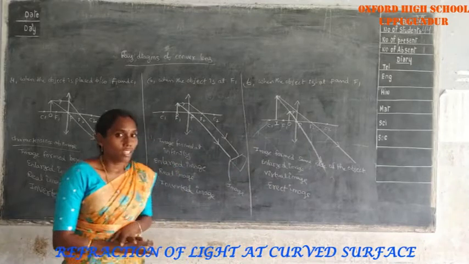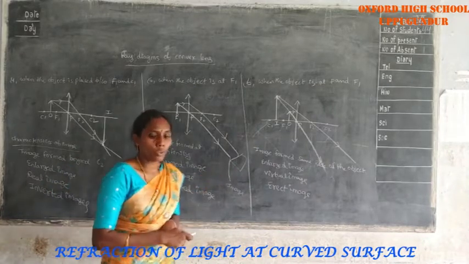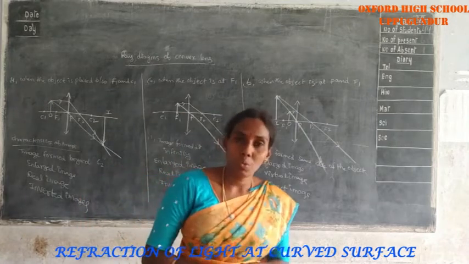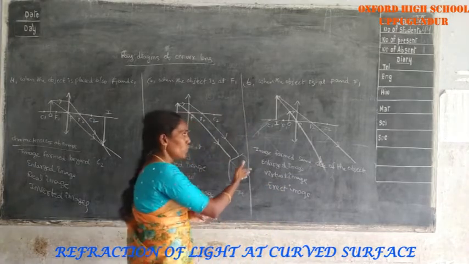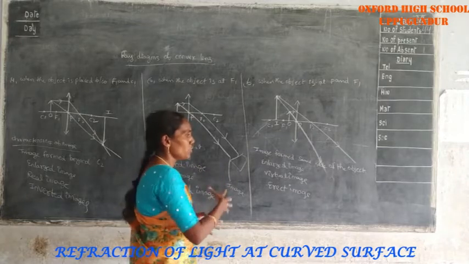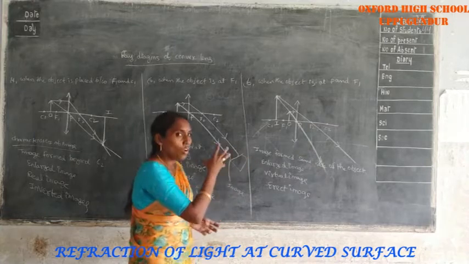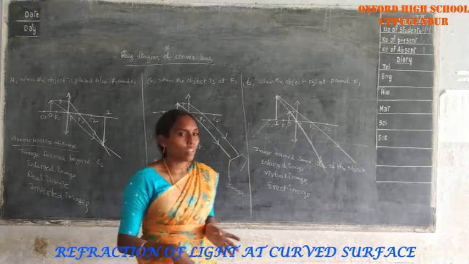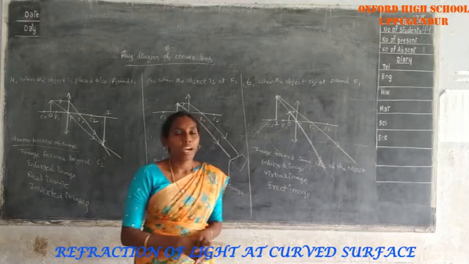This principle should be used in the construction of a microscope. The main importance of the microscope is to see the small organs. When the object is placed between pole and focus, the image is formed on the same side of the object, and it is an enlarged or magnified image. This image cannot be captured on the screen, and this is a virtual image. All virtual images are erect images.